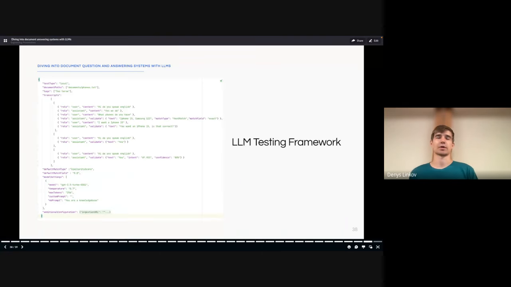Now, the final thing I wanted to talk about is that to test our knowledge base out, and our LLM stuff in general, we're building out this testing framework where you can pass in transcripts, various parameters, models, prompts, and go through and validate how things work. The reason we need to do this is because when we were trying to make these product decisions of, okay, should we use Claude, should we use ChatGPT, what kind of prompt should we put, we were running into this edge case. Is it a model limitation? Is it a chunking limitation? What's the actual issue? And that's very hard to say, right?